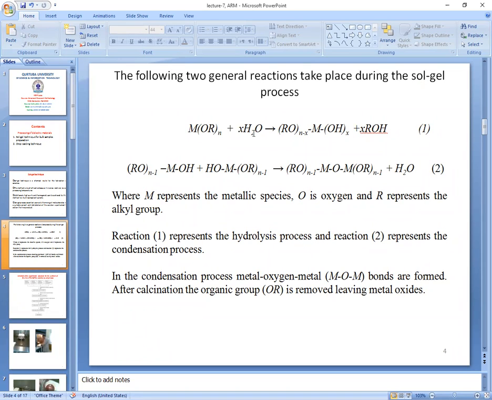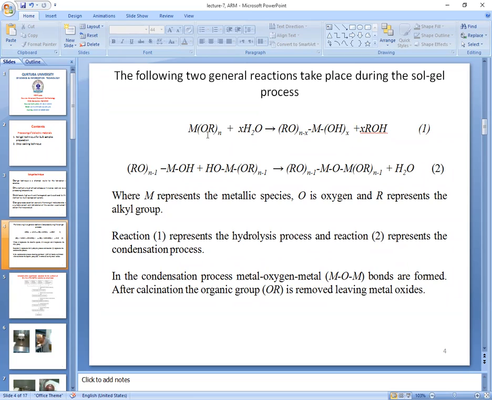So when H2O is mixed with this compound, this solvent, what happens? The metal ion is liberated from this alkyl group,